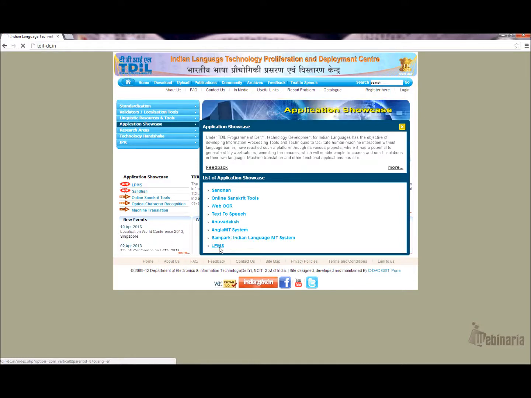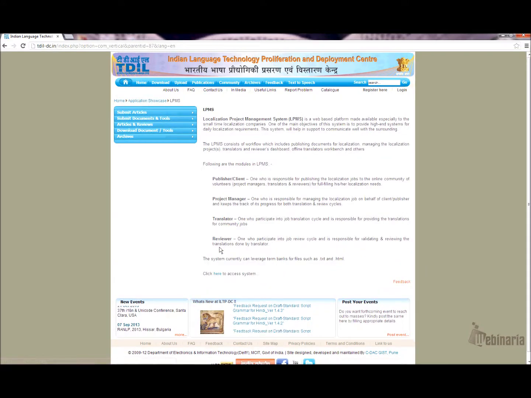You will see a page containing the description of the Localization Project Management System, which consists of a workflow that includes publishing documents for localization, managing the localization projects, translators and reviewers dashboard, offline translators workbench, and many other features.